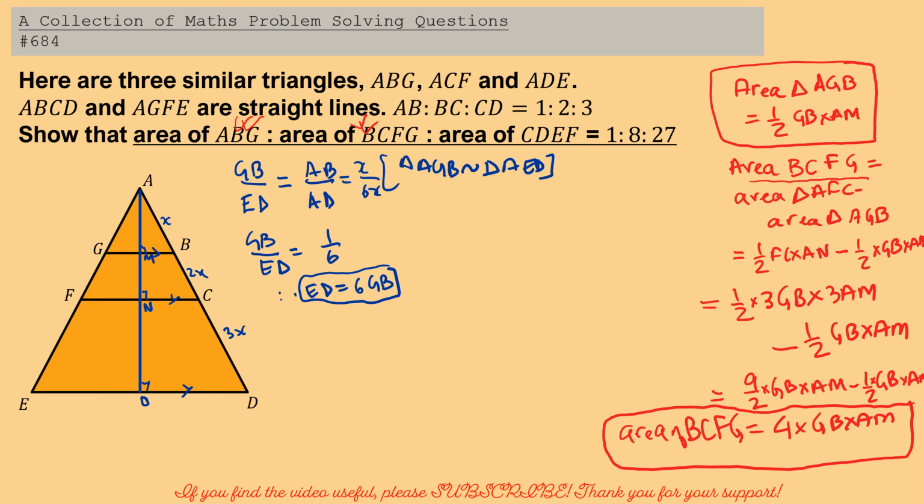Now the height, similarly we can show that AO is 6 times AM. Okay, in a similar way we are doing that. Because AM out of AO equals AB out of AD, and that equals 1 out of 6, so therefore AO is 6 times AM. So therefore we can now find